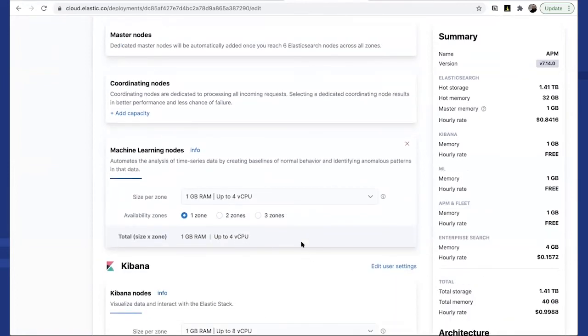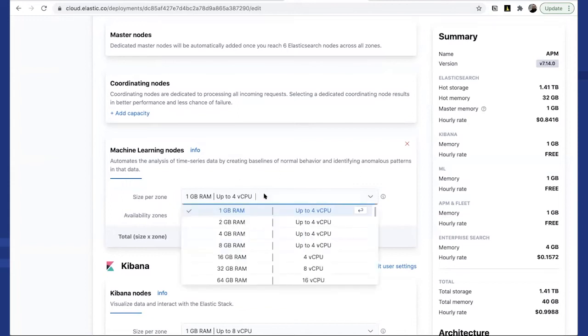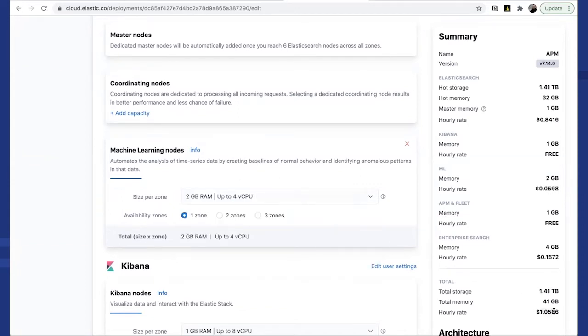So we just moved, let's say, from 1 GB of machine learning node to 2 GB, then that impacts our price just based on the resources that I use for however long that I want to use it. And this is very important because we want to provide this transparency, the flexibility as you explore all the different features that the Elastic Stack and the solutions provide. You should be able to move across them and see how much you're actually spending by using the resources.